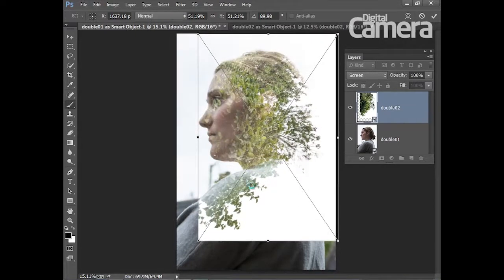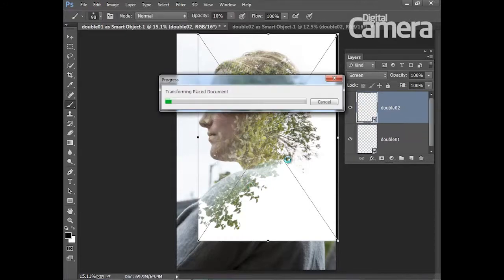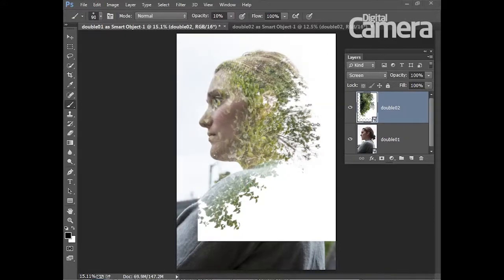I can hit enter to apply that transformation, and you can see it's really starting to take shape now, but I think the colours aren't really working. They're pretty distracting, and I think it just looks a little bit of a mess. So I think the best thing to do is convert it to black and white, and this is often the